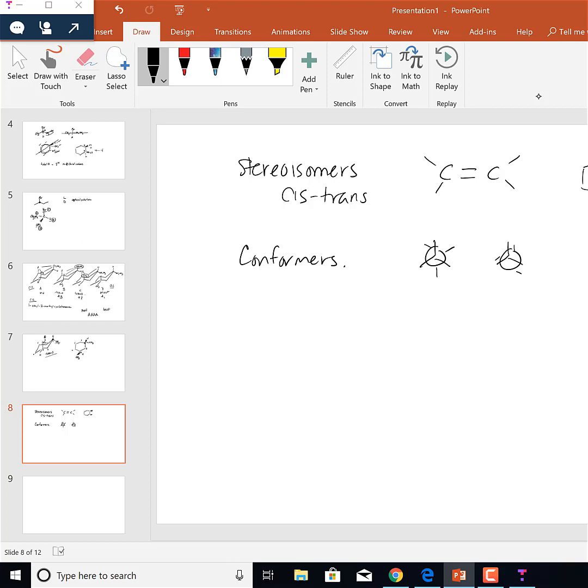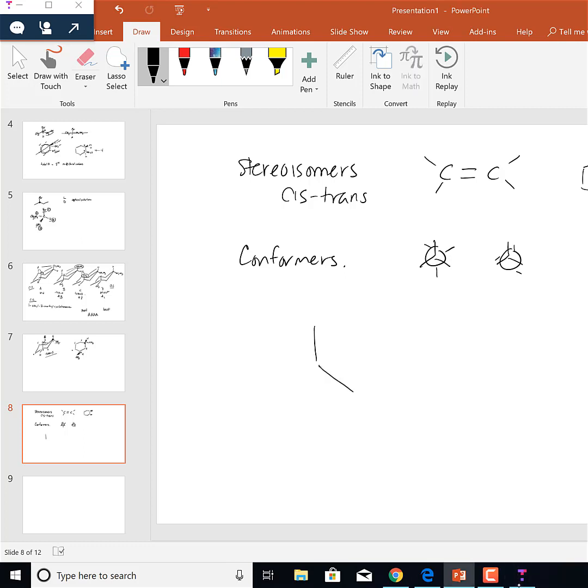And so we've talked about those conformers. You can interconvert them by rotation around the single bond. The next type of stereochemistry that we're going to talk about in Chapter 6